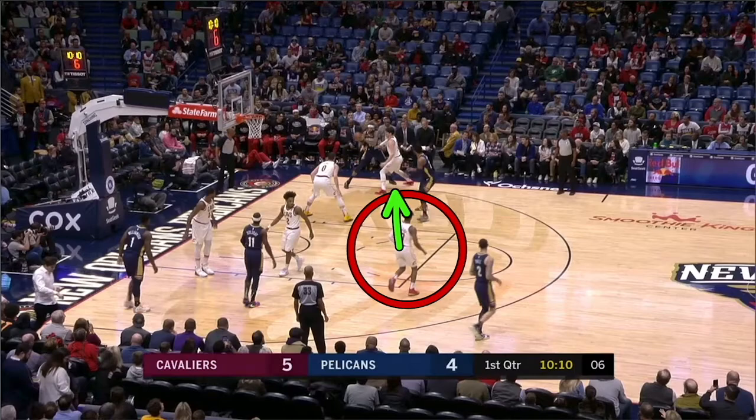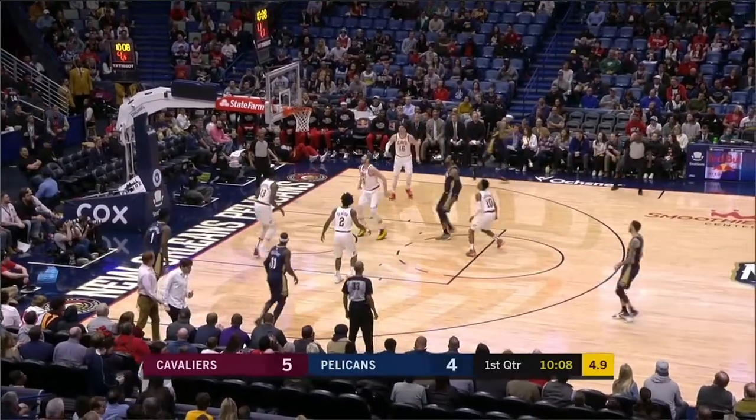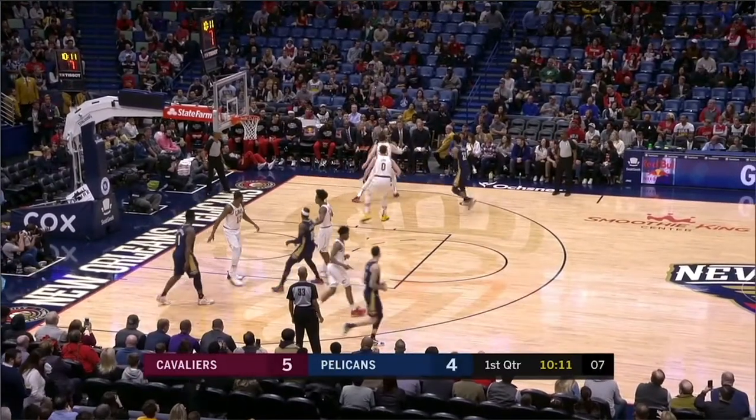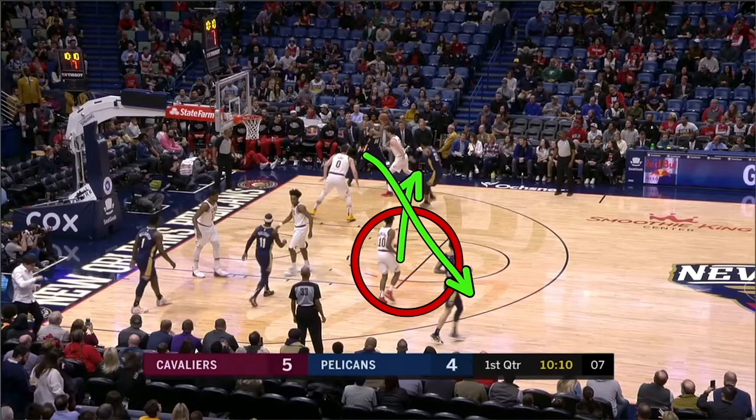Because look at this. Without any backside help, all the Pelicans have to do is pocket pass here, and Kevin Love has no time to contest this Derek Favors floater. So, again, right now you've set up to ice this ball screen. So if this is your backside help right here, this backside defender has to leave. Again, if a skip pass gets made here to this man here, you X out of it.